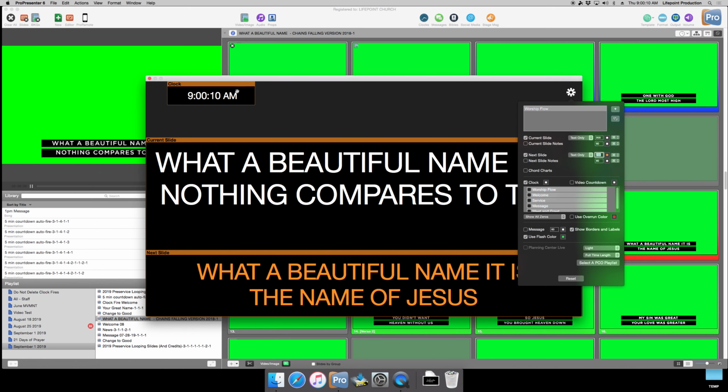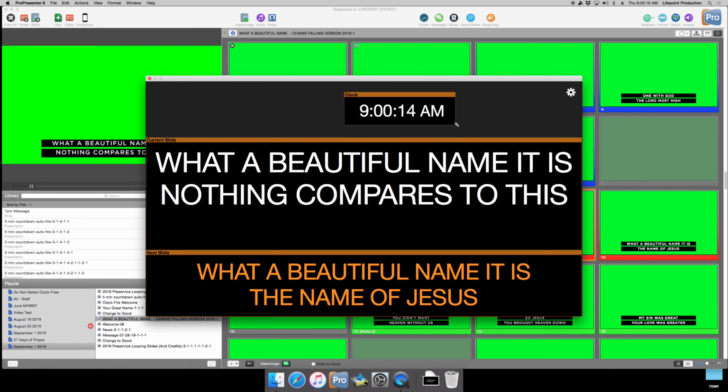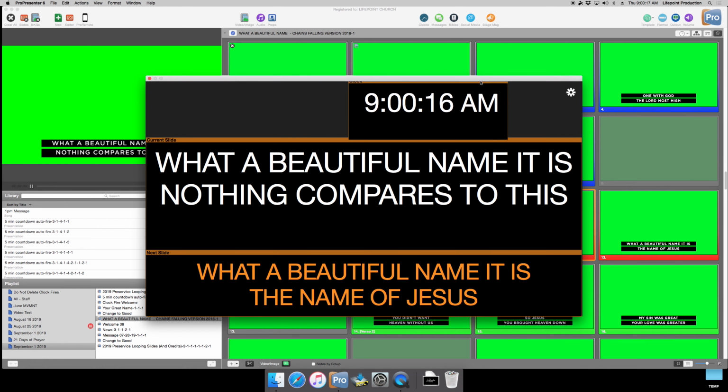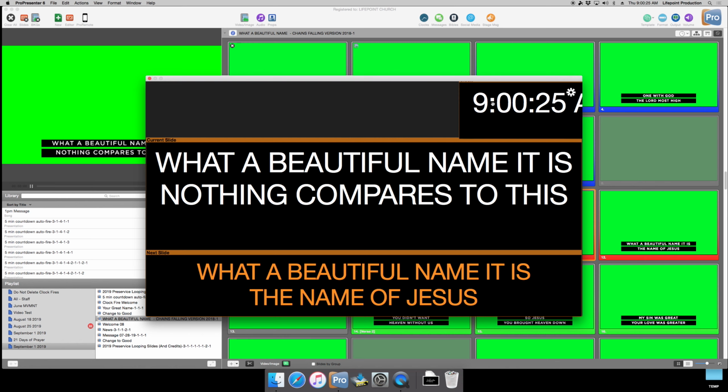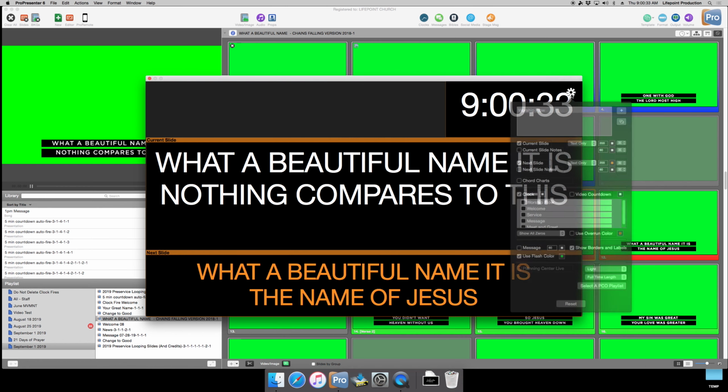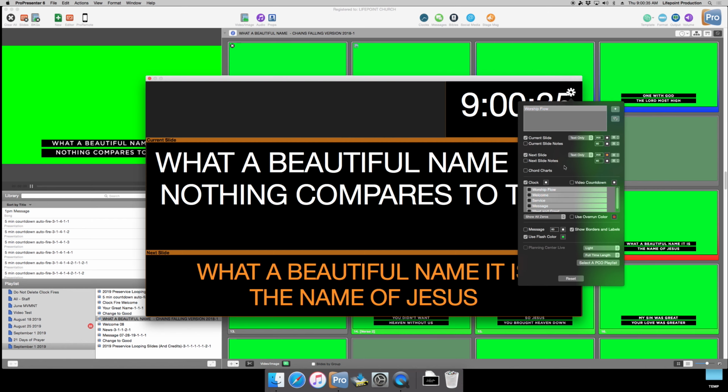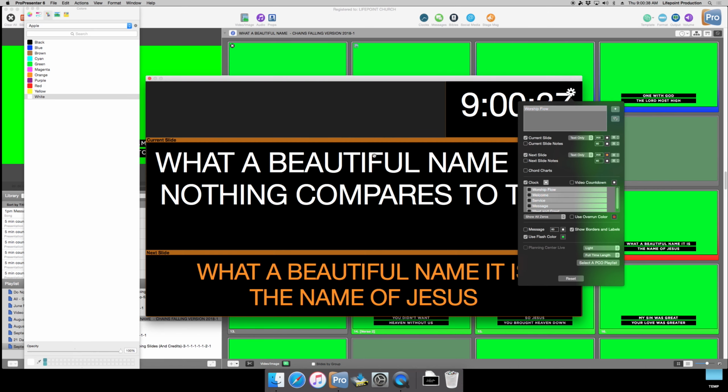All right, now we've got our clock. This is the live time, so I'm going to make this bigger. And quite honestly, we don't need to see if it's AM or PM, so we're going to take this clock and we're going to slide it past the boundary so that the only thing you actually see is the time. All right, now we're going to change that color to, I believe, yellow